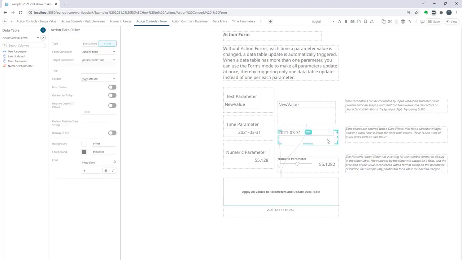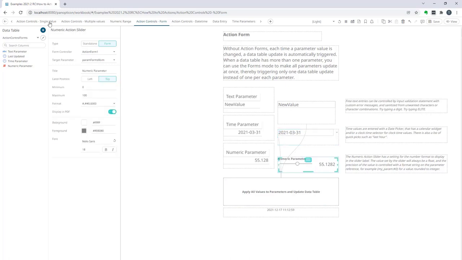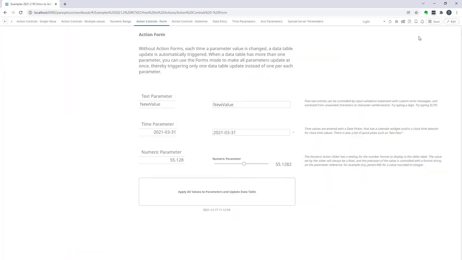If we inspect the other controls, this action date picker similarly is running in type form, associated with action form 1, and I can obviously have several forms on the same dashboard. And lastly, this numeric action slider is also associated with action form 1. So going back to view mode and trying it out all again,